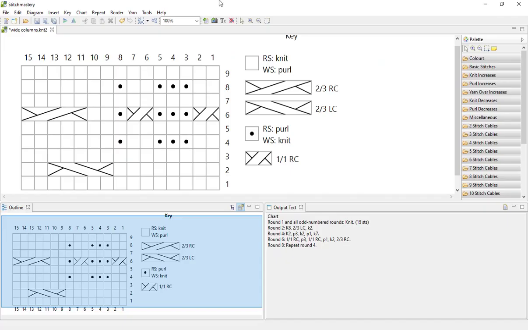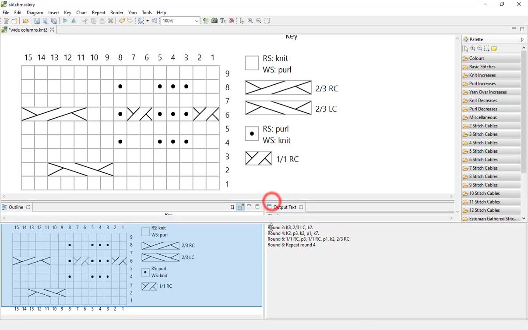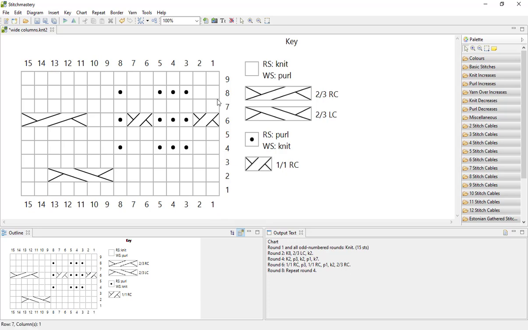In this video we're looking very quickly at changing row and column labels, so the numbers that appear at the edges of your chart. This chart that I have set up at the moment has my labels appearing at both the top and bottom of every column, and it's a circular chart, so my round labels are appearing all at the right hand side. The first thing we might want to do is to change the font.